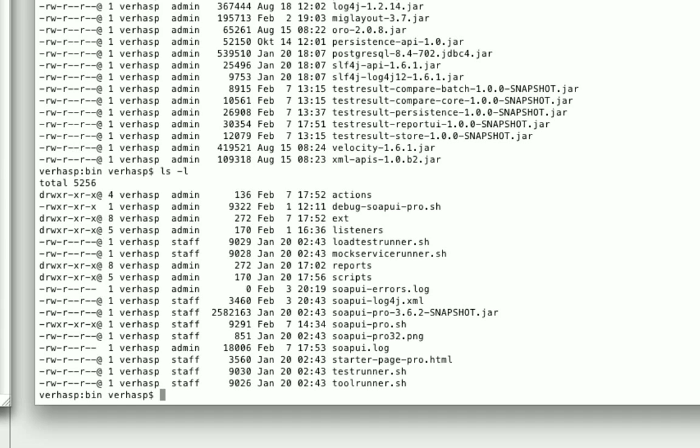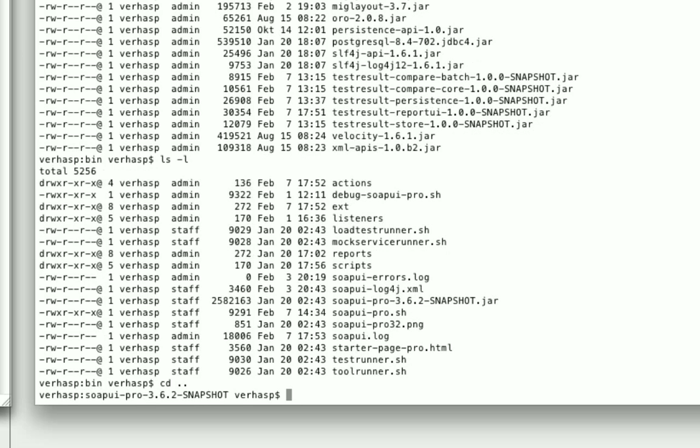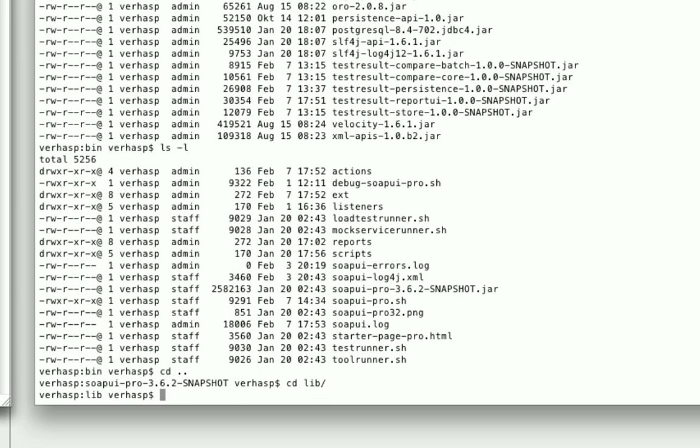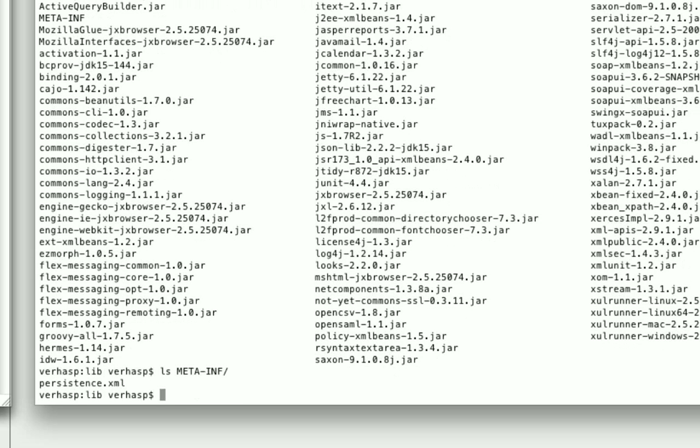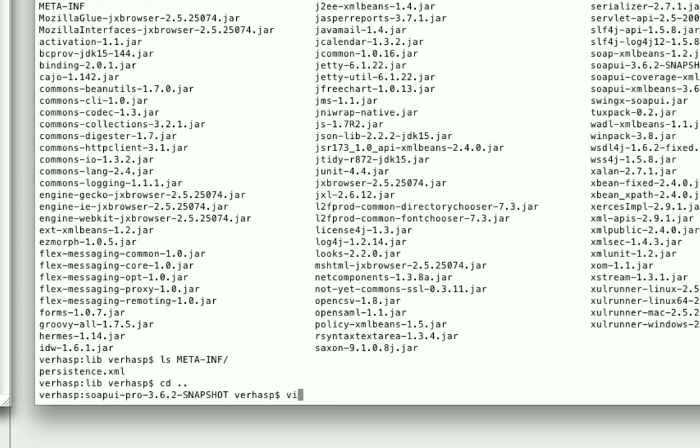There is just one extra thing in addition to this. If you want to use your own database type and want to overwrite the persistence XML, which is delivered in Pegamento TR, then you can copy a meta-inf directory into the lib directory of soapUI, and you can put a persistence XML there. And also you have to modify